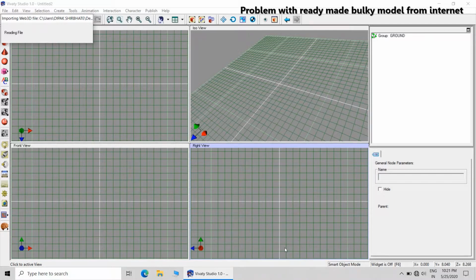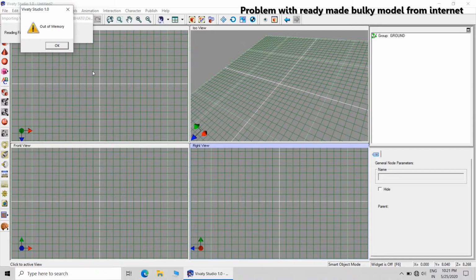It cannot load the entire model, and therefore the model is not available for editing, and you cannot do any kind of editing. Here, editing means applying the texture maps and creating the animated camera view. That is the only editing, and you can see that it is out of memory, so it is of no use.